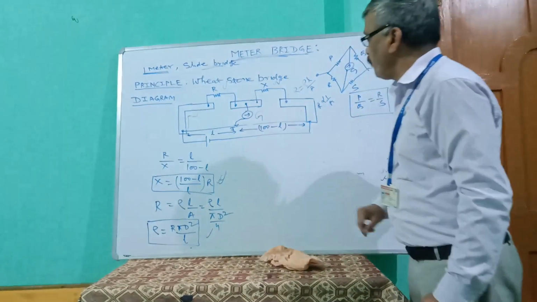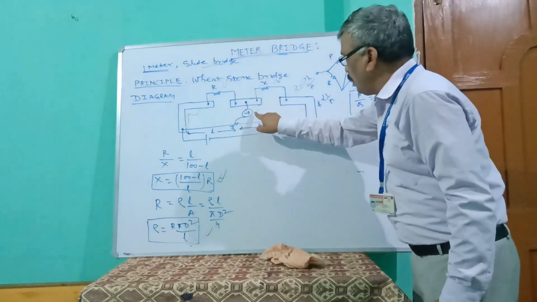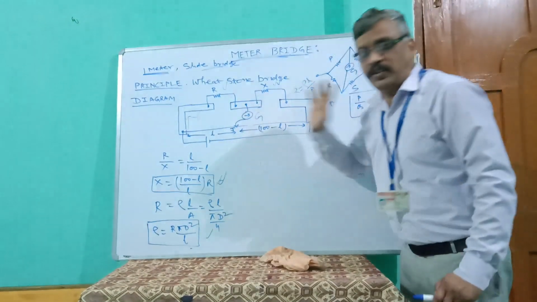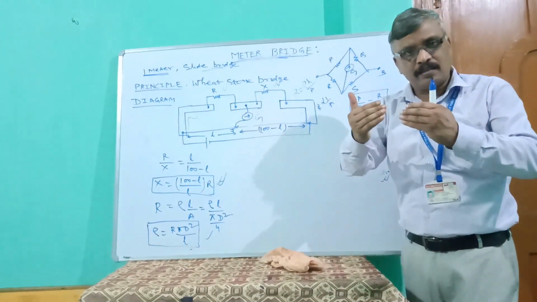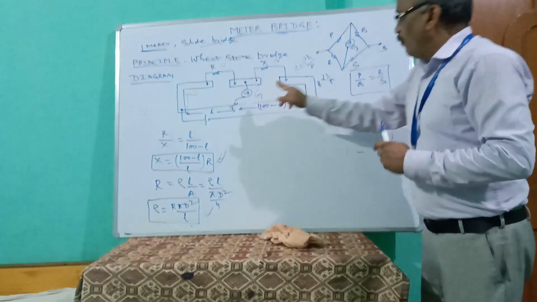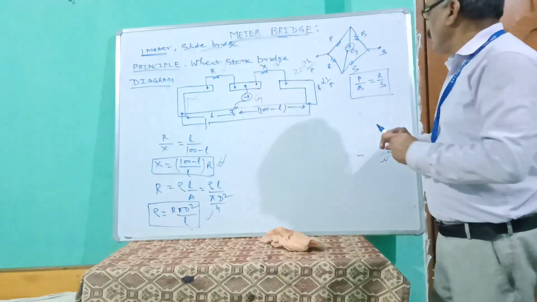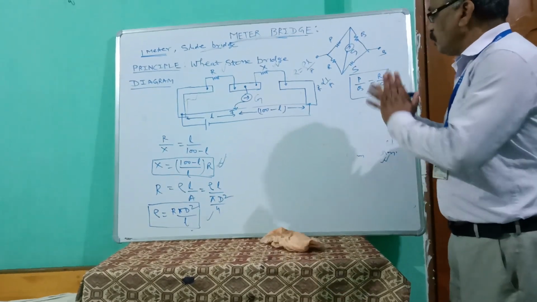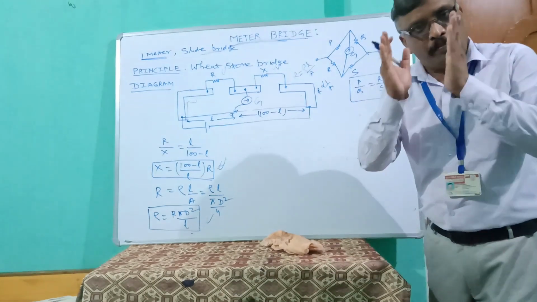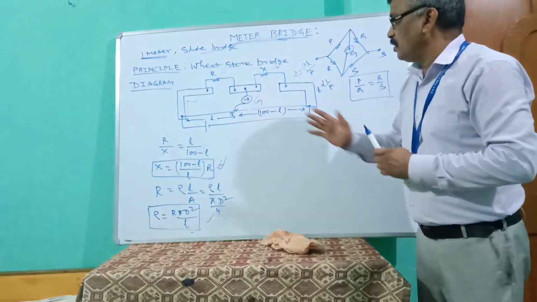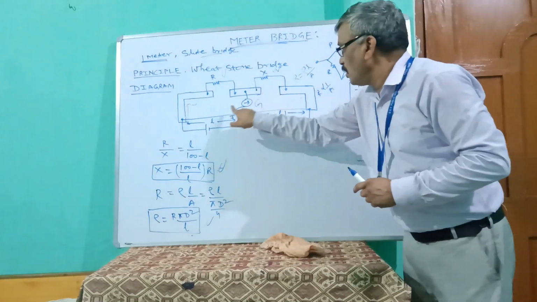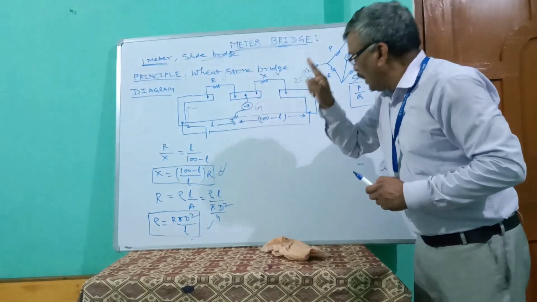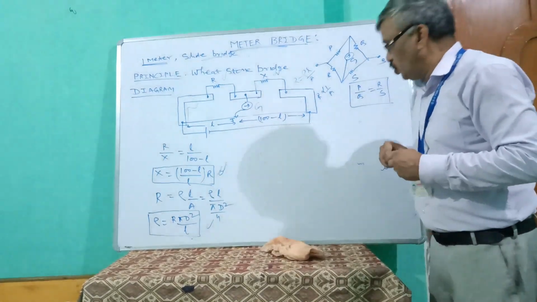Now in this case, suppose that the galvanometer and battery are interchanged. How is the balancing length affected? When the galvanometer and battery are interchanged, the ratio is still P by Q equal to R by S. There is no change in the balancing length. Result of that, the reading in the galvanometer is equal to 0. Okay.